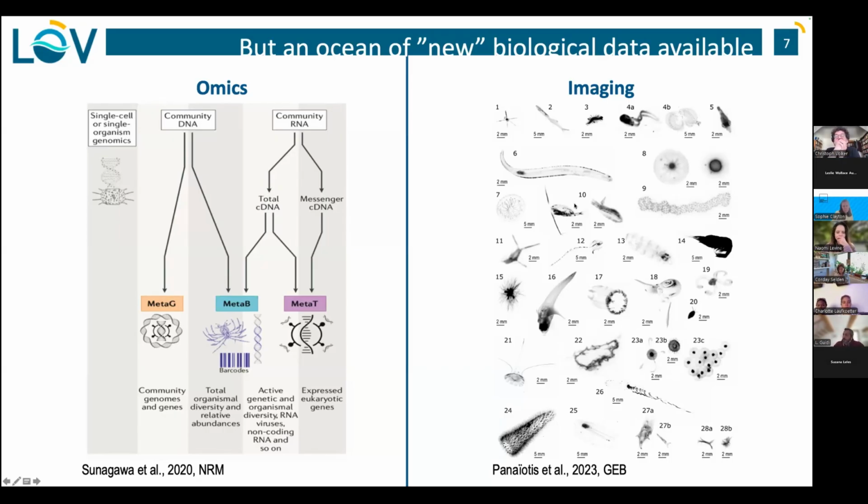And in parallel, there are the imaging data. It's pretty much the same. In our lab, we use much more imaging data than genomics, and I'll show you a few examples of what we can do with the images. I like to try to use both at the same time, because the genomic data most of the time give you a semi-quantitative view of the community that is present, whereas the imaging data can be completely quantitative. And so when you have the two views at the same time, sometimes it gives you a similar view of the system. Sometimes you have a complementary view of the system.